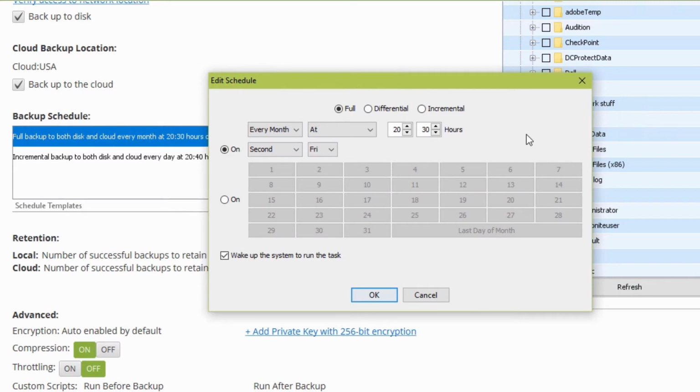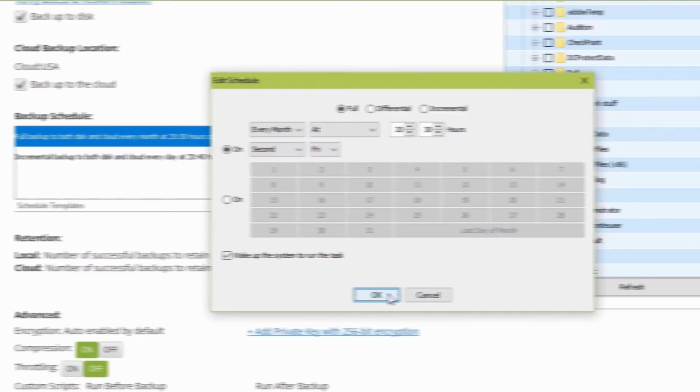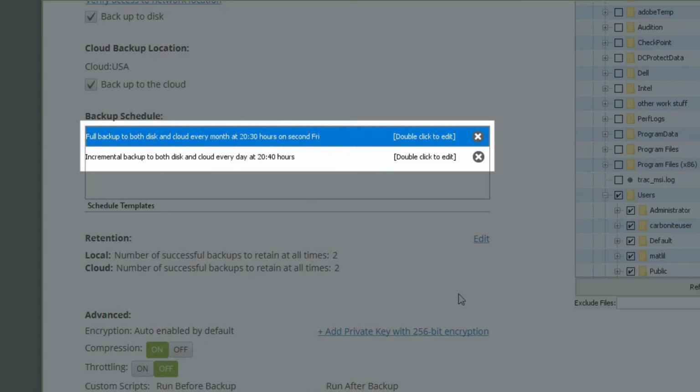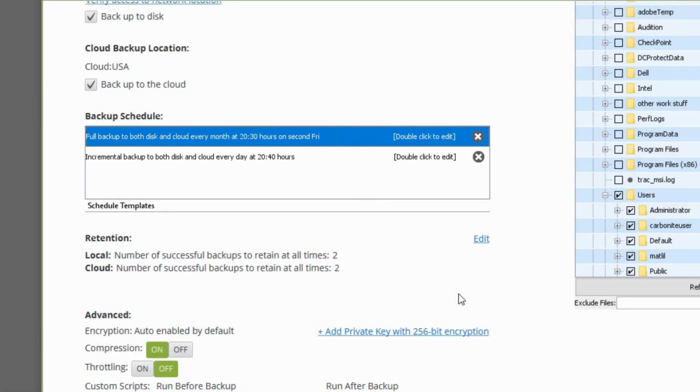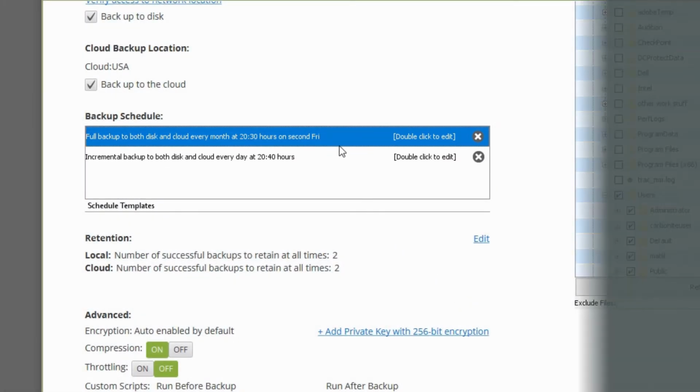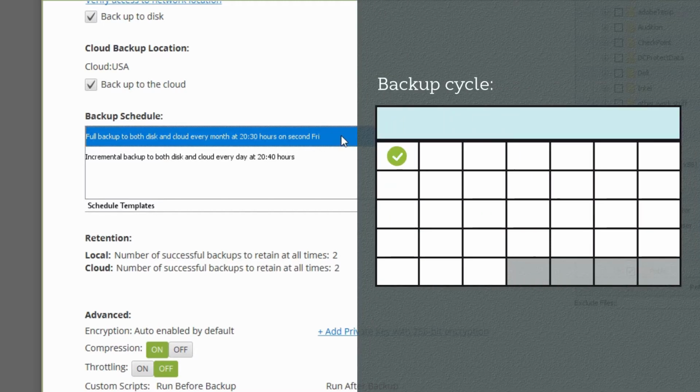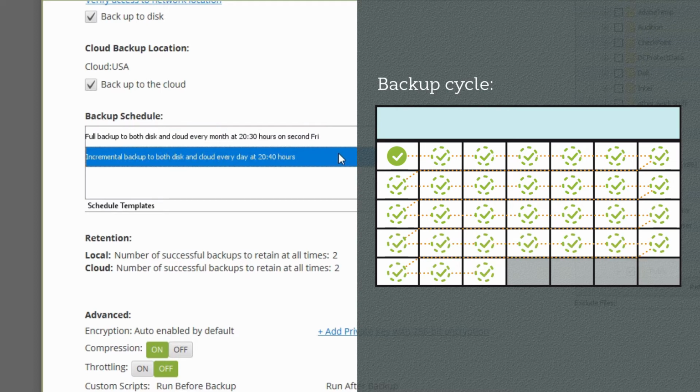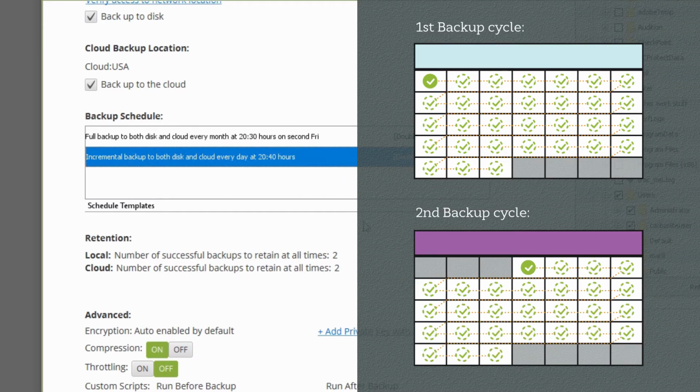With these nuances in mind, how do you maximize efficiency with Carbonite Safe Server Backup? The best way is to use a combination of these backup scopes, and that is why you can have multiple entries in a schedule. Each entry is the scheduled operation for one of these scopes of backups. In this example, we can see this backup set is scheduled to take a full backup once a month, and incremental backups every day. This creates a fresh backup of all the selected data once a month. And any of the data that changes over the next month are backed up in daily incremental backups, creating a daily restore point. After about 30 days, a new full backup runs and a new backup cycle begins.